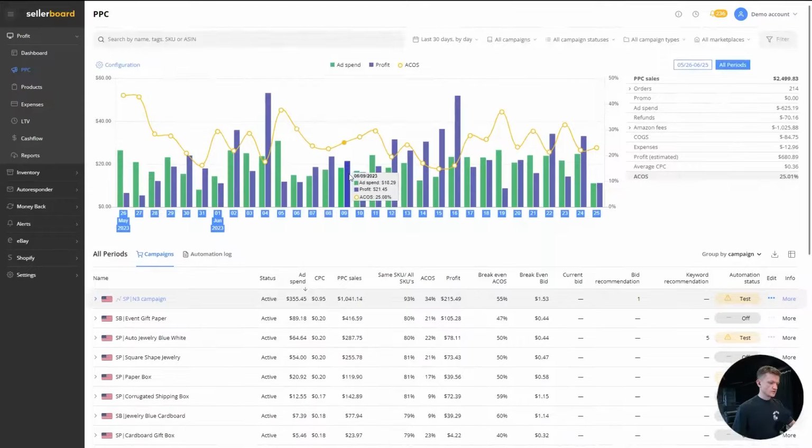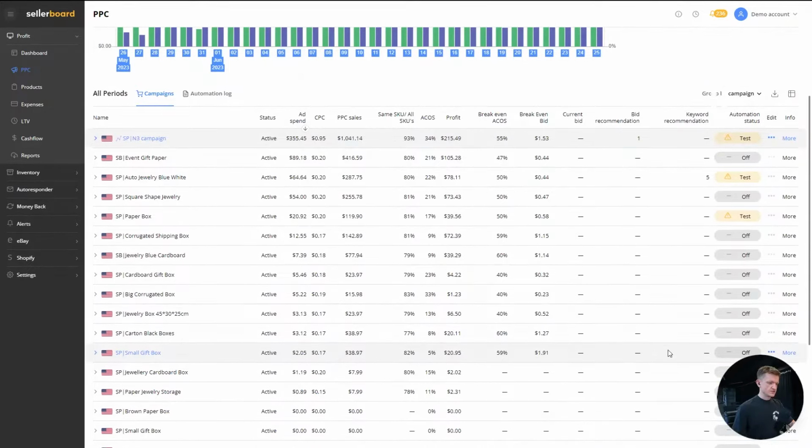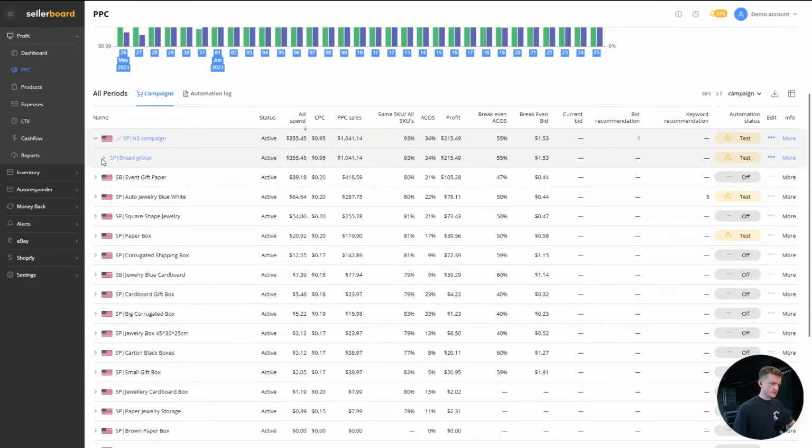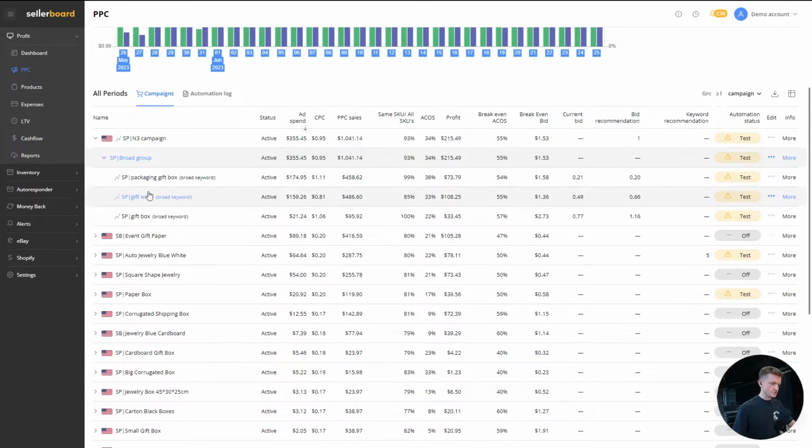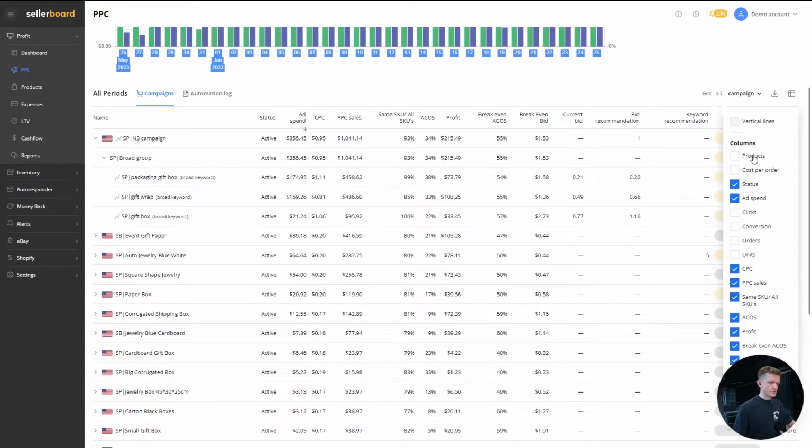Let's move on. Down here in the bottom of the screen, you have a complete list of all your PPC campaigns. You can break the campaigns into ad groups and break the ad groups into individual keywords to analyze their performance. You can also go here to the right and select which metrics you want to view on the spreadsheet.